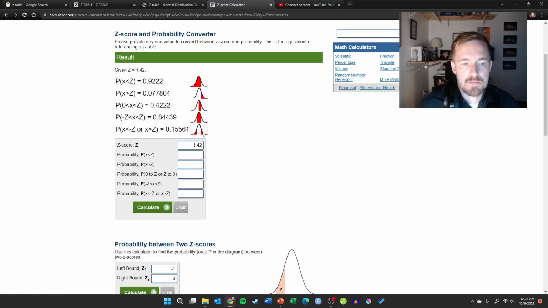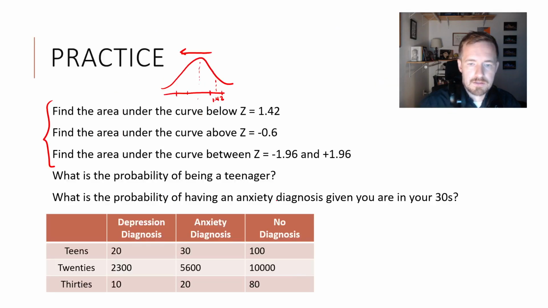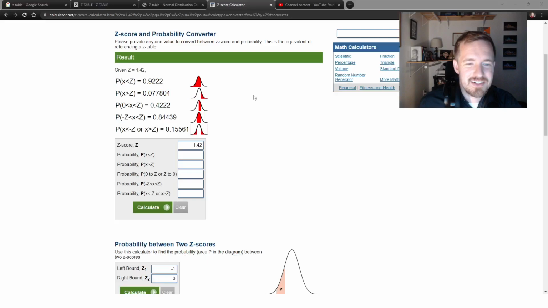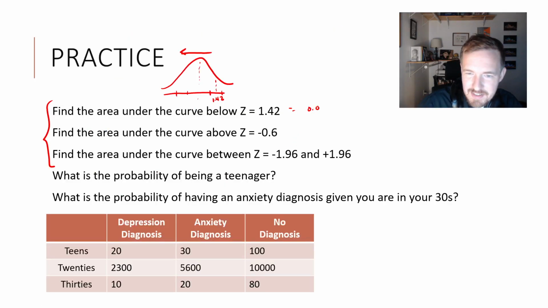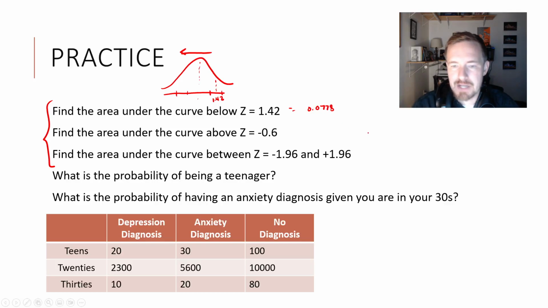So 0.077. Okay. Usually I would just round that to the nearest hundredth. I don't need to be fancy about it. So it's very rare, right? Basically,